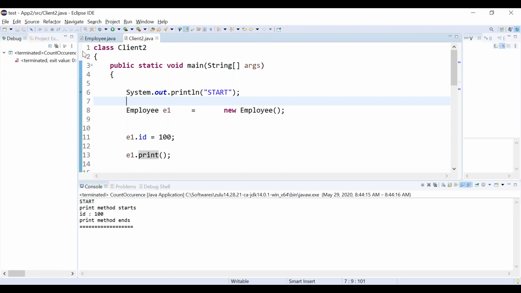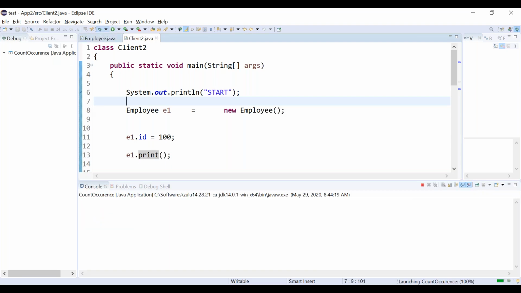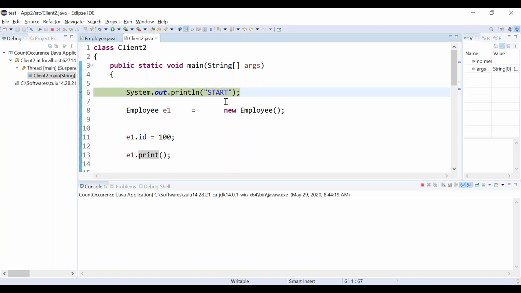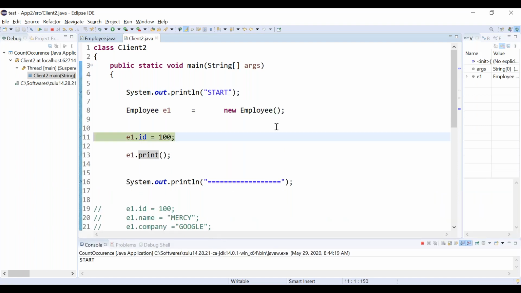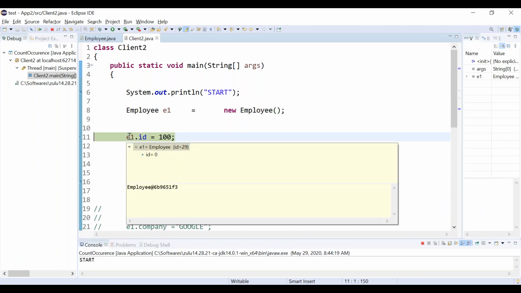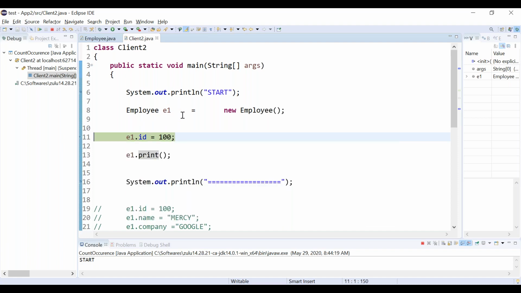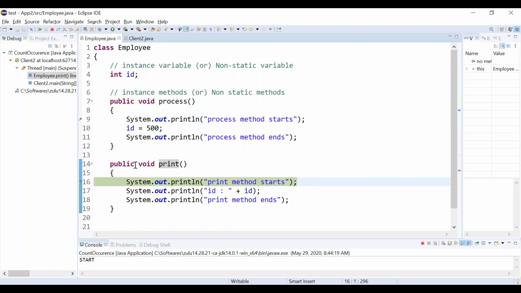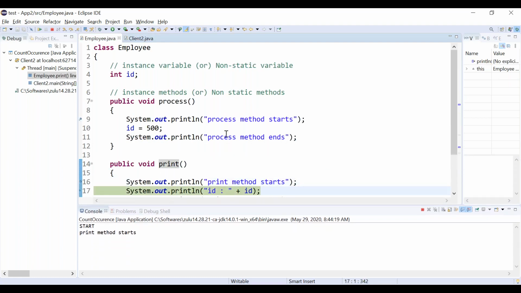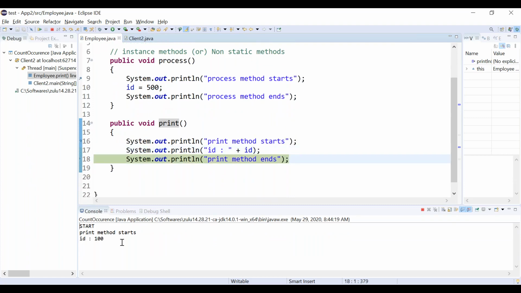See here what you are seeing. If you want, you can run it in debug mode quickly. So program execution started. Press F6, correct? So only one object is created. What is the ID value by default? It will be 0. Then we have assigned some value. Going inside the print method, it is printing 100.